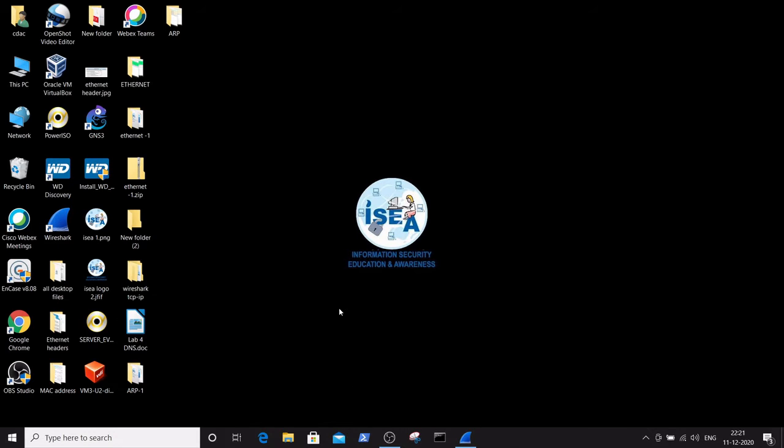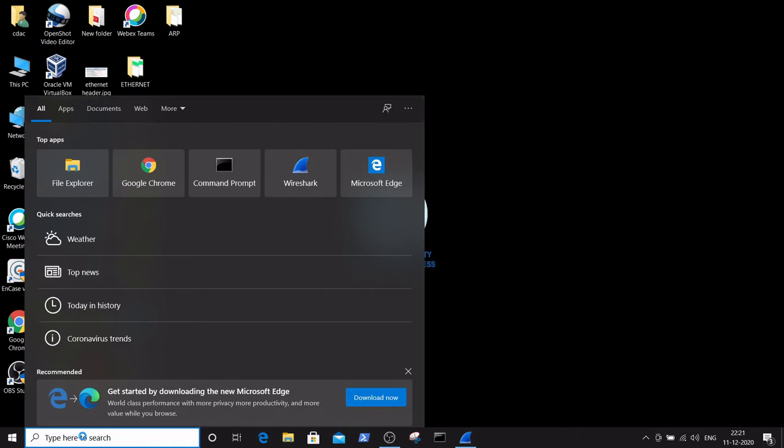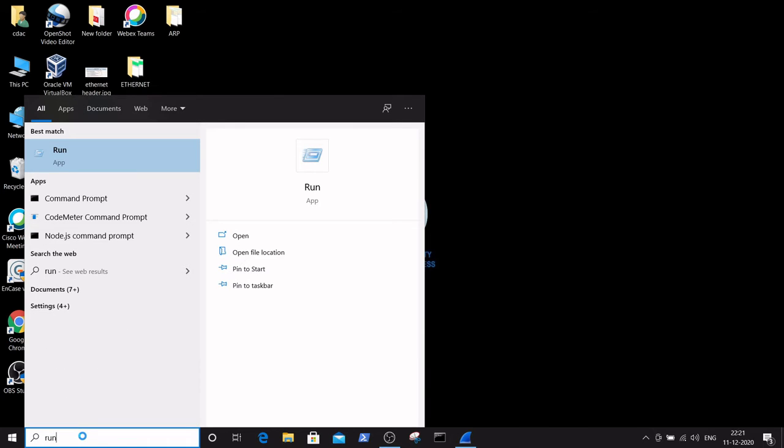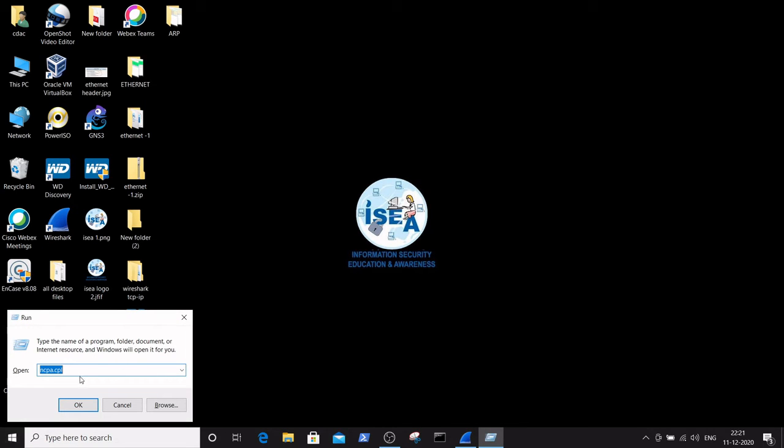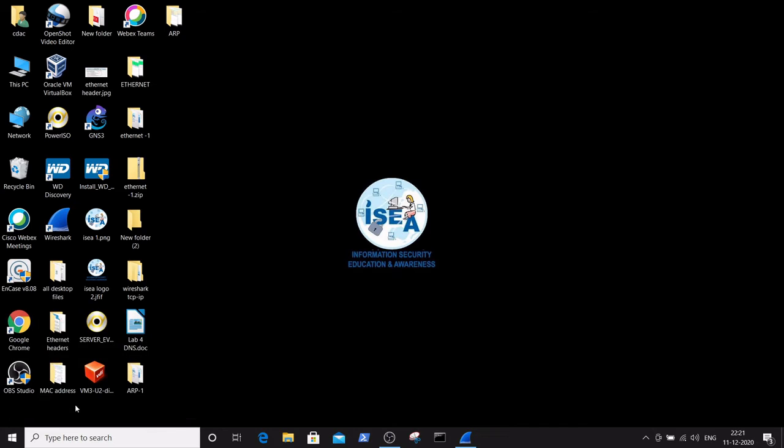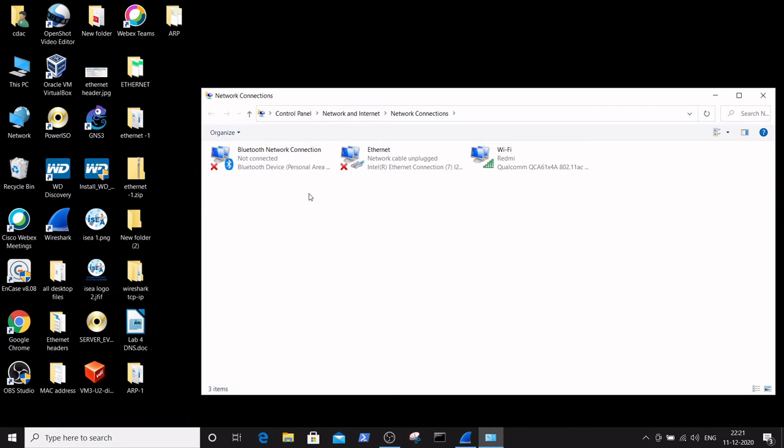For the generation of UDP packets, we need to enable DHCP. For enabling DHCP, go to the start button and type run and press enter. Type ncpa.cpl, then click on OK. You can see here the network interfaces that are in our computer. Here I connected to the Wi-Fi.